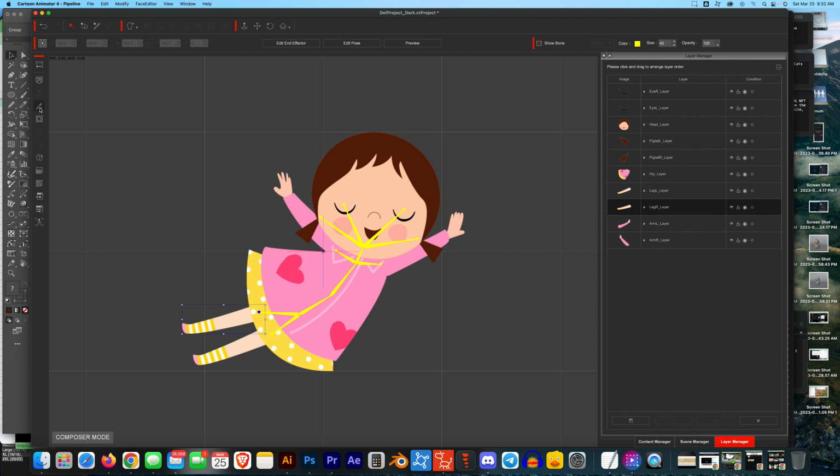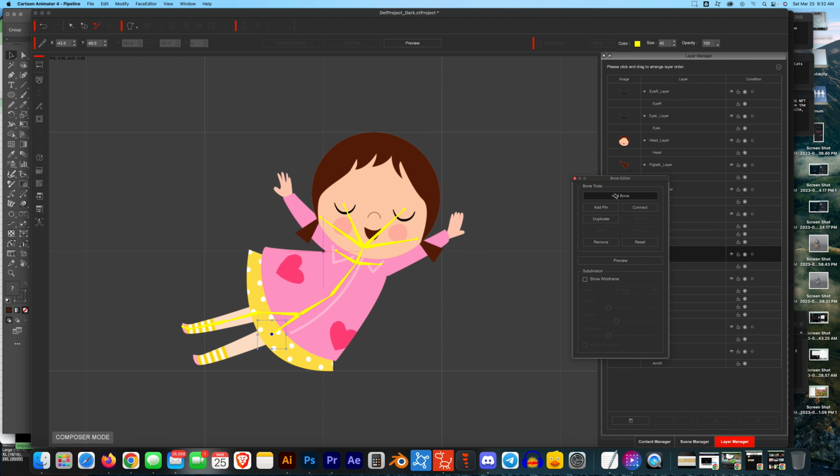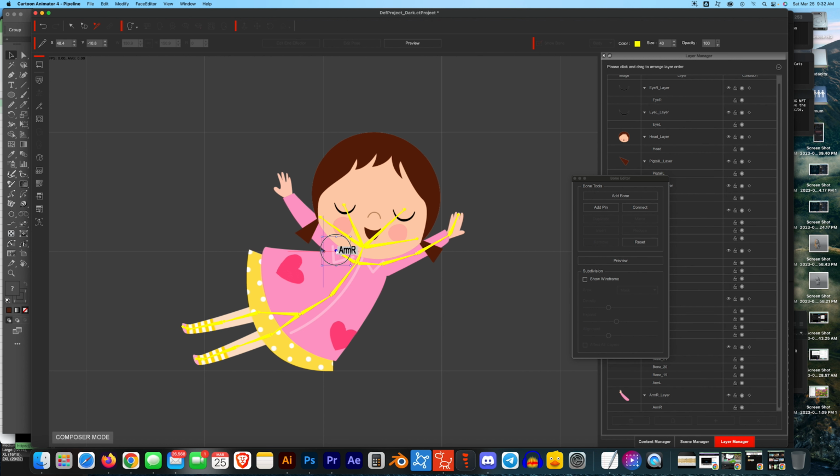Now that we've got everything in place, we're going to add the rest of the leg bones. Add bone. There's our knee, ankle, foot. Click this, add bone, knee, ankle, foot. Not the best, but I'm not too concerned. This is just a simple add bone, elbow, wrist, hand nub. Add bone,